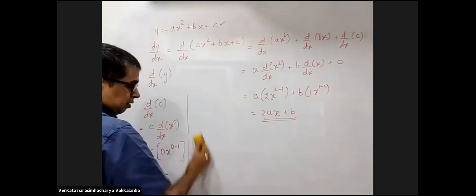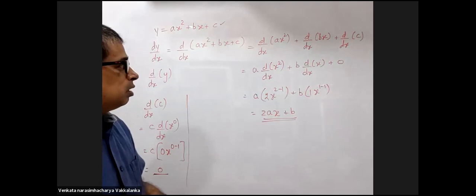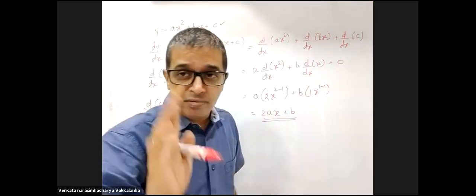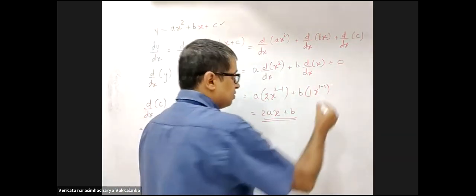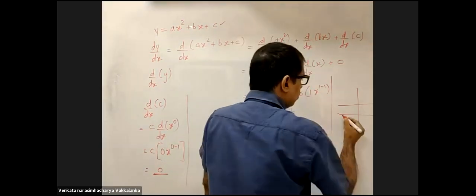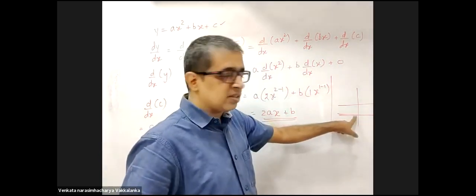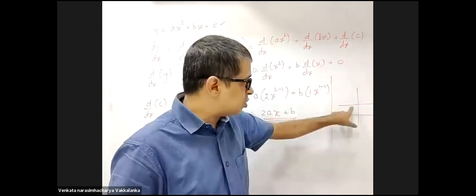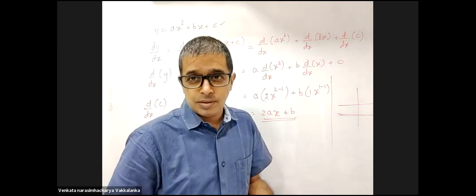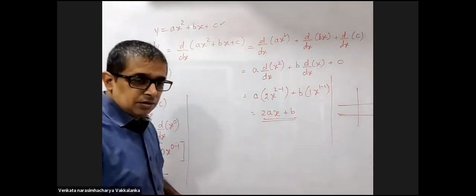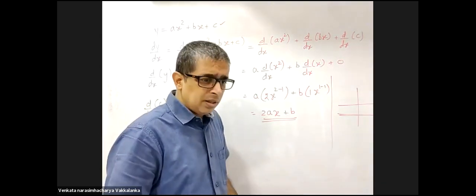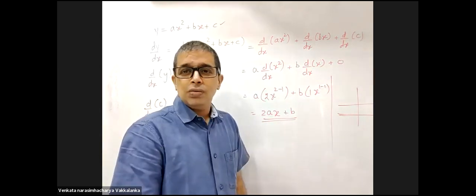So I understand how d by dx of c is equal to 0. D by dx into c, firstly, is a wrong terminology. Second, it is differentiation of a constant. For a constant, how will the graph be? It will be parallel to x-axis. Yes or no? Yes, sir. What is the slope of this line? 0, sir. Sir, so in every constant, x is equal to 0. Dy by dx is 0.